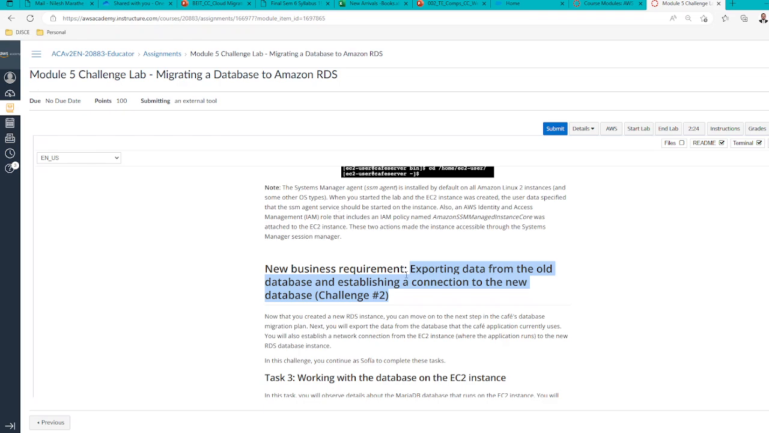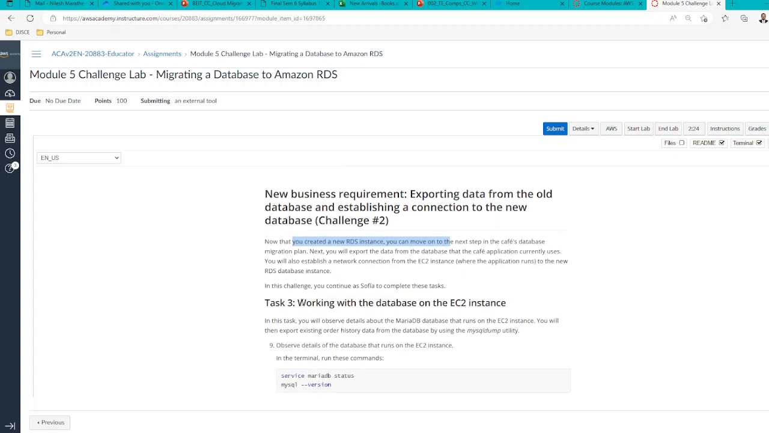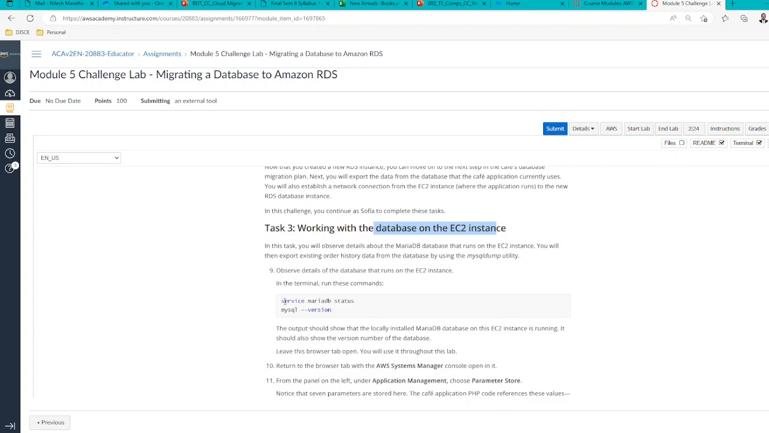What they say is exploring the database. Currently, what we have done is created a new RDS instance. So we can move to the next, the cafe database migration plan. For that, the first task is to check the working of the database with the EC2 instance. So for that we have to check the version of this MySQL, whether it is running properly or not. So I will just copy and paste this particular command